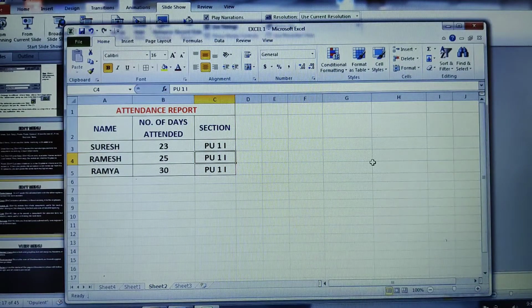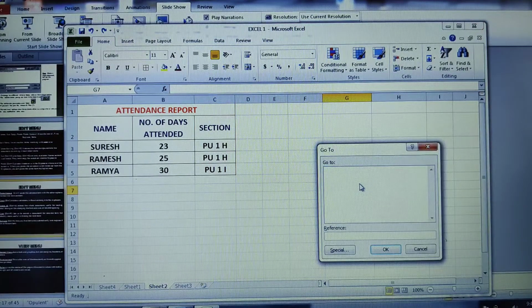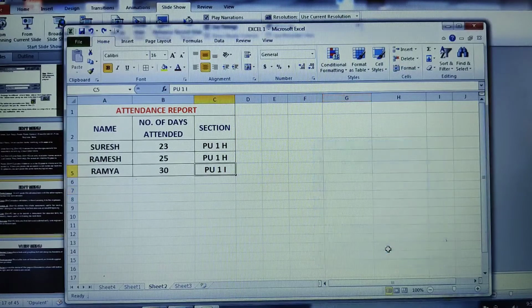The next option I would like to show you is go to. I'll just retain the contents here. Control plus G is the shortcut for go to. Here I didn't add any bookmark or comment, but I know the cell numbers to which I need to migrate. So here directly I'll give the cell number. I would like to go to C5. This is my C5, isn't it? This is C5, and this is B5. So the reference, go to where, I'll go for C5. Click OK. See, automatically the cursor goes to C5.